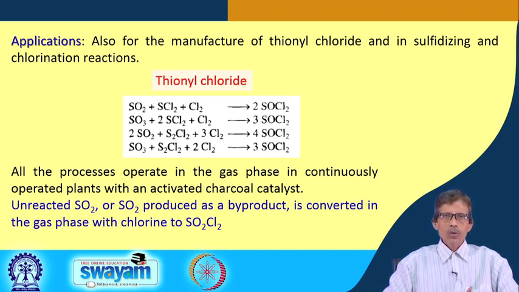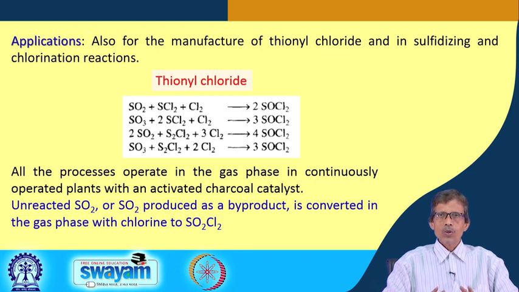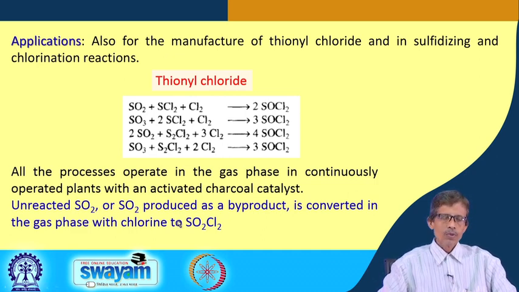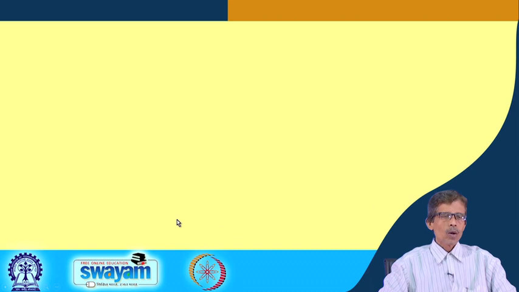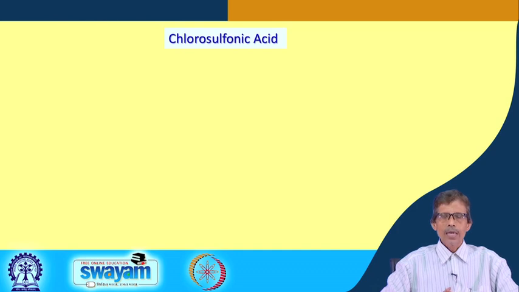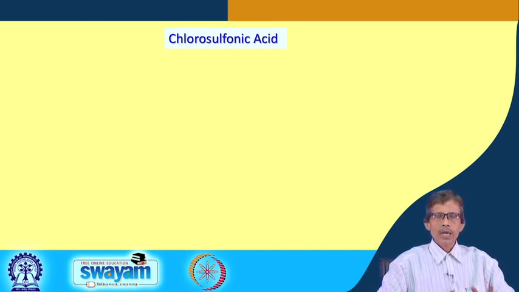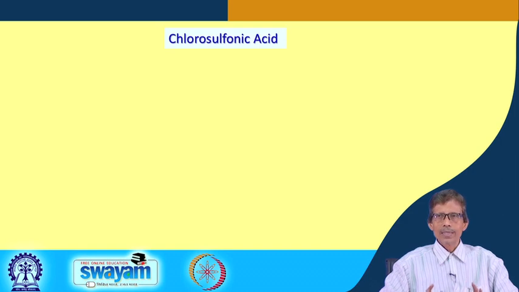So, we cannot lose, or we should not allow to go, the excess amount of sulfur dioxide from all other sources in the air. We should trap it for some value added compound, which is your sulfuryl chloride, and direct reaction of chlorine with that particular sulfur dioxide can give you your sulfuryl chloride very quickly. So, what we see then is the different types of other reactions where you can use these thionyl chloride or sulfuryl chloride for chlorination reactions or some other reactions also.